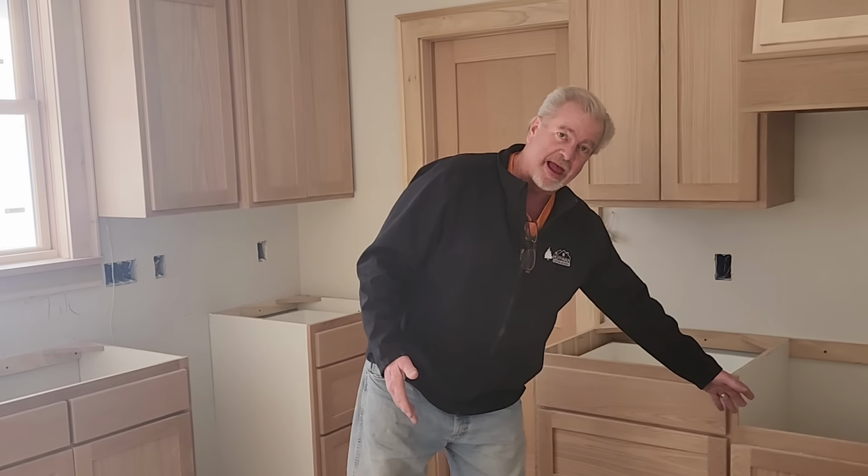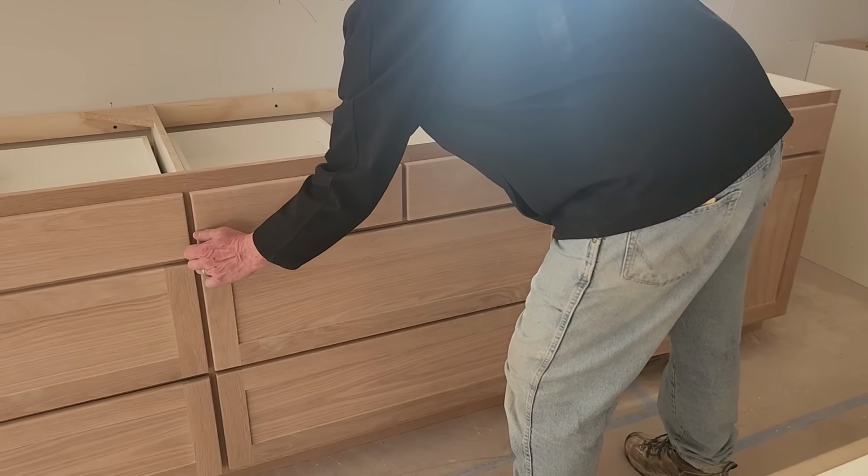So another thing I noticed with the design of this kitchen is that instead of opting for just cabinet doors all over, I actually see a bunch of drawers. Why did you do that? The industry is kind of changing a little bit because everybody wants pullouts inside of their cabinets. So instead of paying for doors twice, you have a door, you're going to pay for that, and then you have another door or drawer front in front of the pullout. Well, why not just have a pretty drawer and have the whole thing pull out